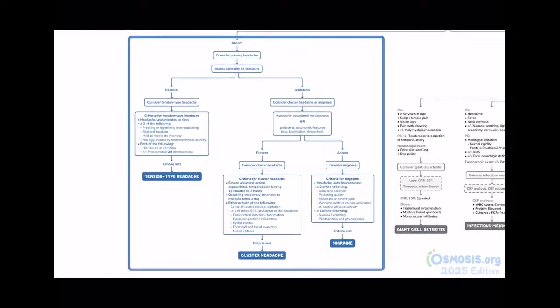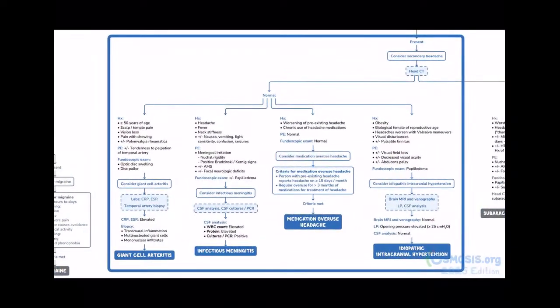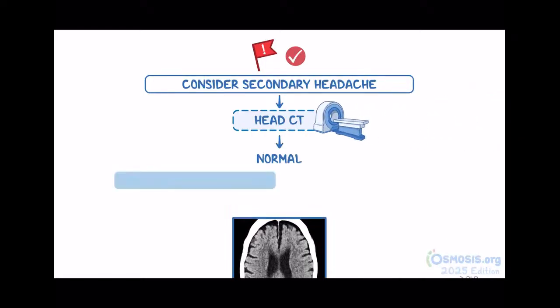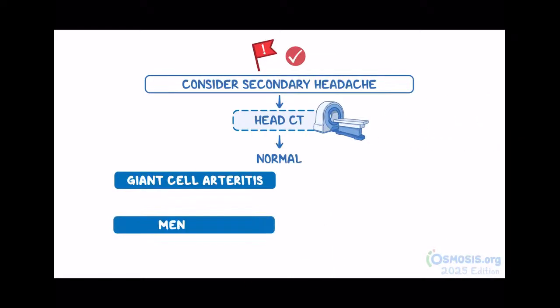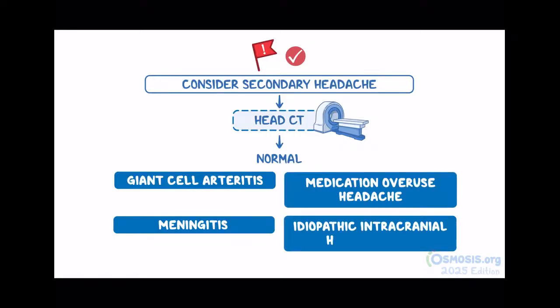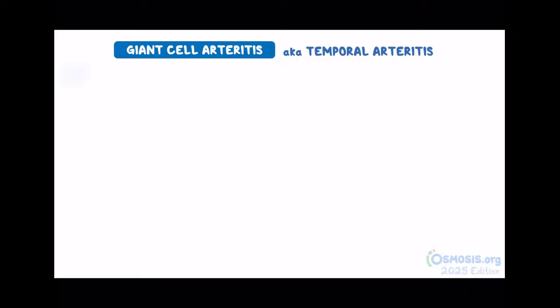Alright, let's go back and take a look at individuals who are presenting with red flags. In this case, consider a secondary headache and obtain a head CT. If the CT is normal, consider conditions like giant cell arteritis, meningitis, medication overuse headache, and idiopathic intracranial hypertension. First, let's discuss giant cell arteritis, also known as temporal arteritis, which is typically seen in individuals 50 years of